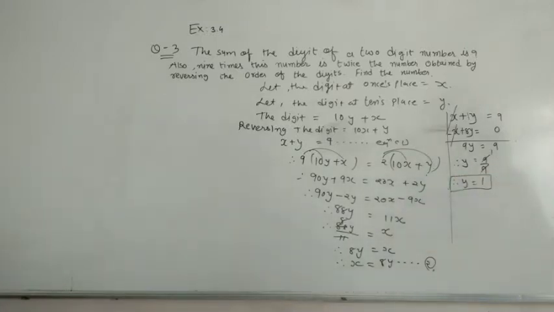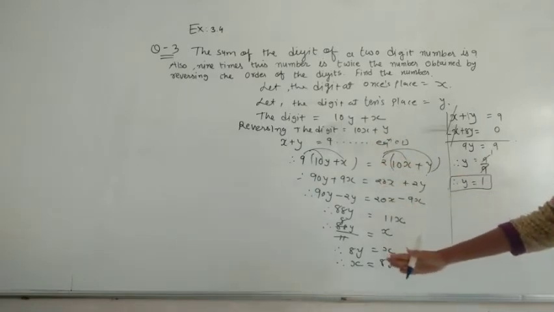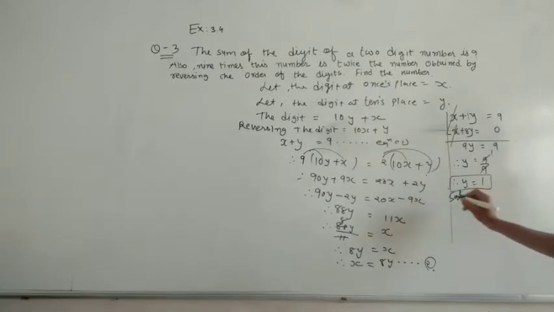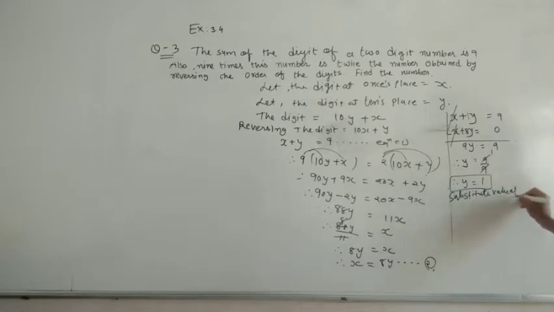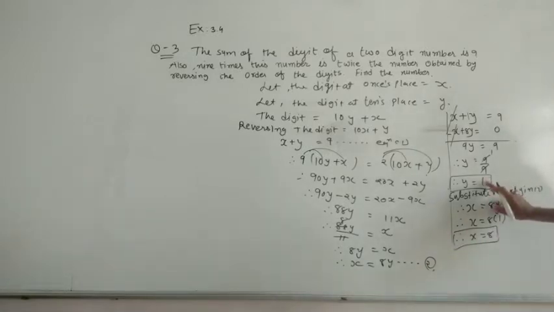Now this is our equation 3, or this is the value of y that we can substitute in any equation. We can substitute in 1 also and 2 also, but as I can see 2 is more simplified, so I will substitute this value in 2. So let me write that, substitute the value of y in 2. So x equals 8y. On the place of y I have to write 1. So here I got the answer as 8 ones are 8. So the value of x I got as 8 and the value of y I got as 1.